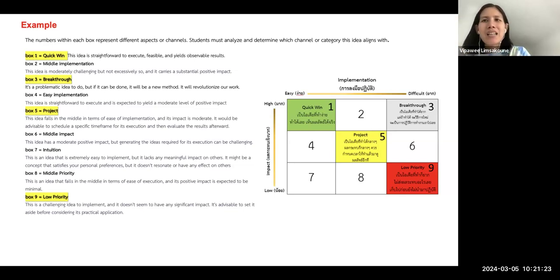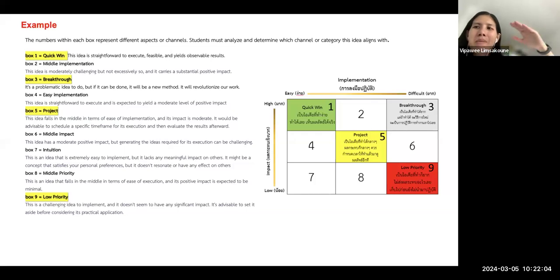This one is an idea selecting tool as well. It's called consequence metric. It's like a metric, right? Have a chart. Always when you have a chart like this, you need X and Y axis, right? In this case, I propose that X could be implementation, how easy it is to implement, or is it very difficult? Okay. And Y is the positive impact. If it has high positive impact, then it's on the top. If it has low positive impact, then it's at the bottom. And in the middle is like project.